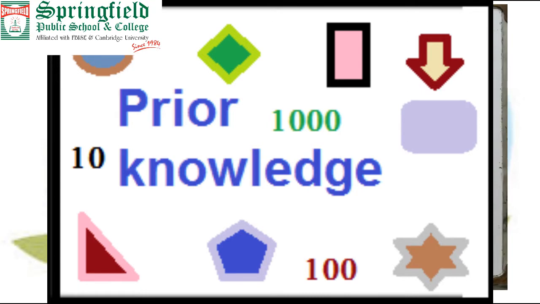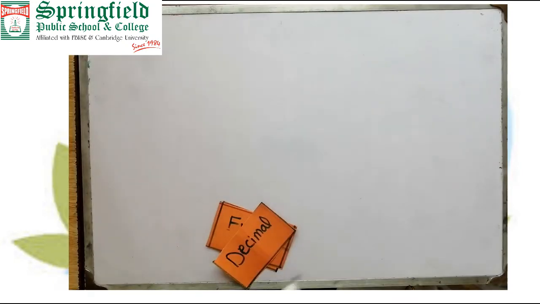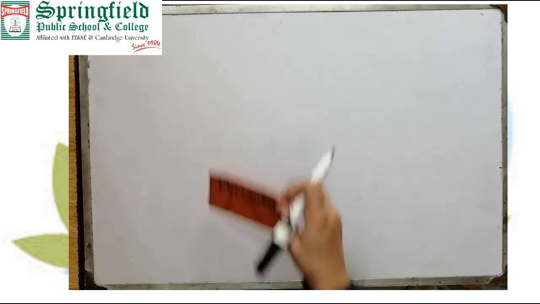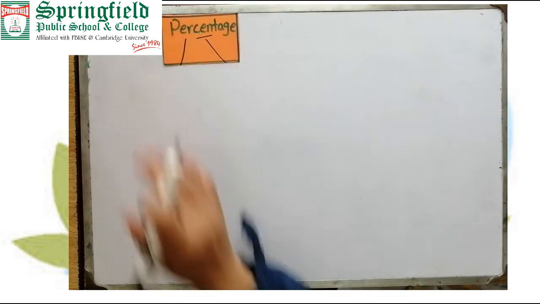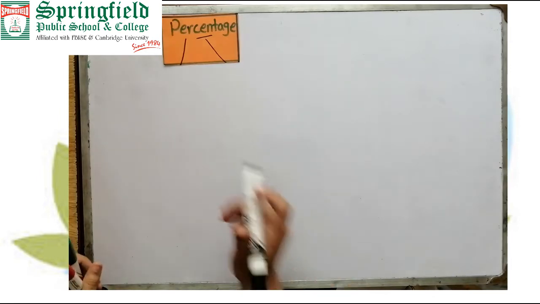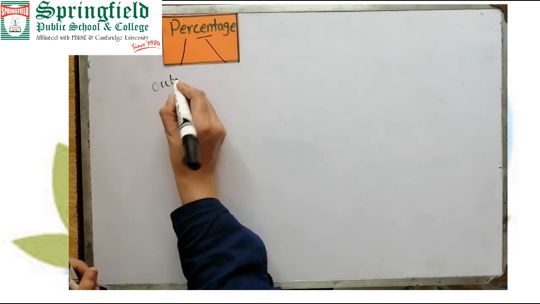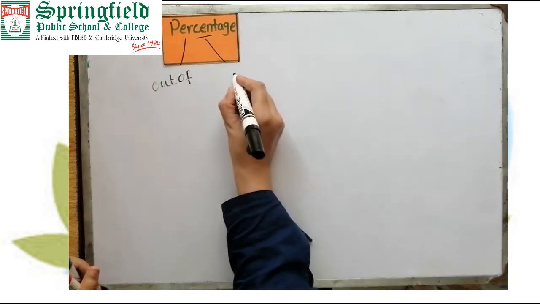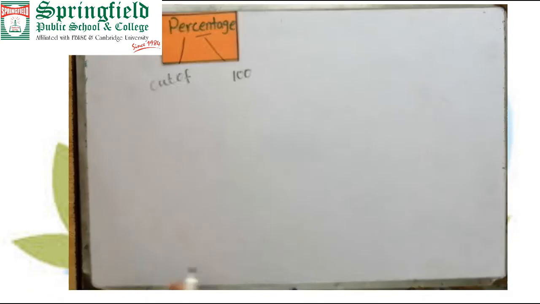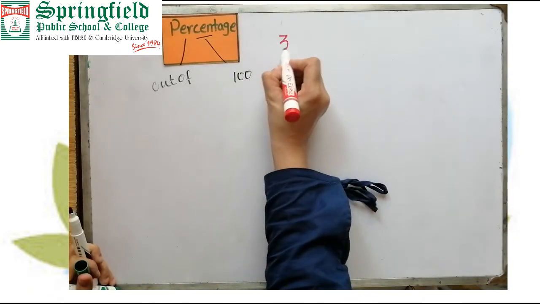Do you remember? Okay, as we already learned about the percentage, what is the exact meaning of percentage and how we can find the percentage of any number. First we will revise all the points and then we will start question answer of exercise 8. Fine. Okay, per means out of and cent means 100. So percent means out of 100. Fine.